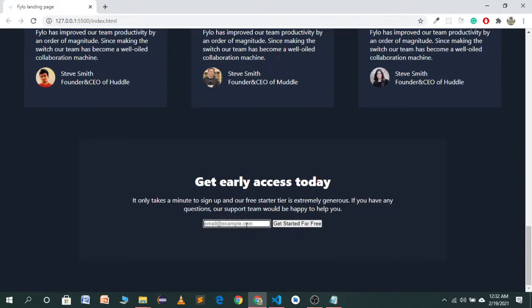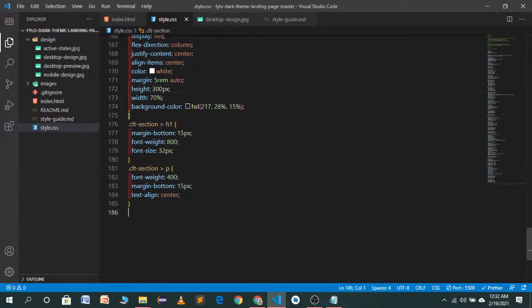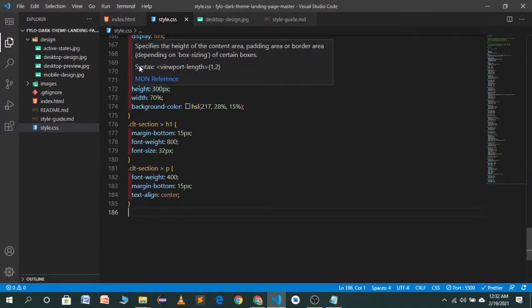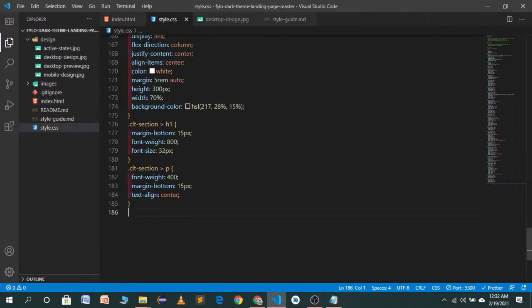Now we have to change the style for our content input fields. So let's target the input fields. The input field is in the CLT container. So let's target this dot clt dash container.